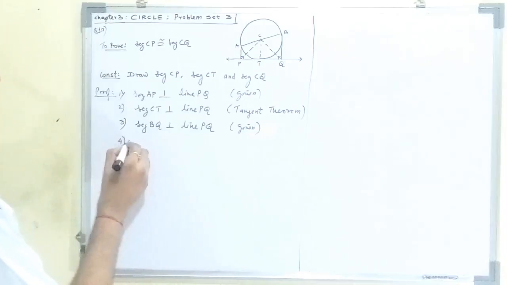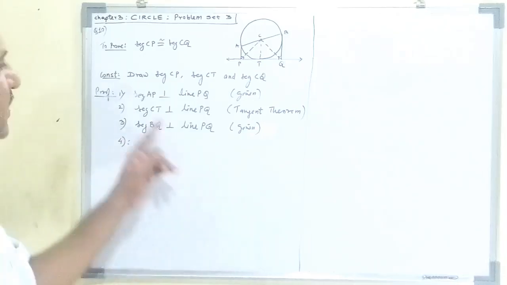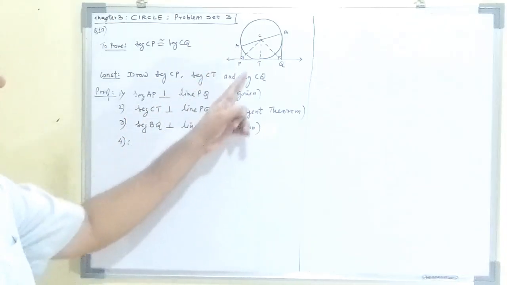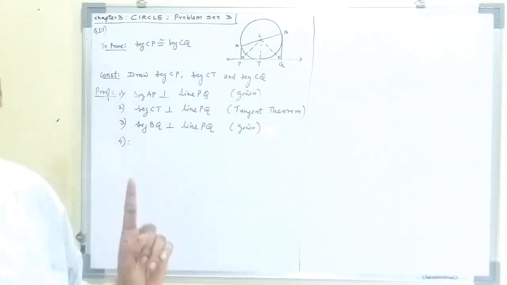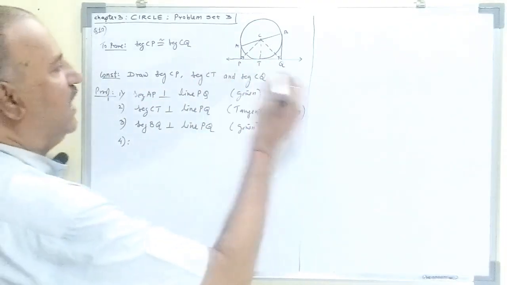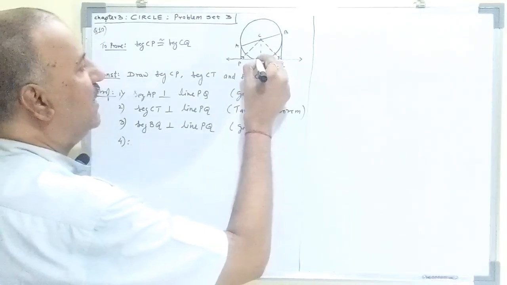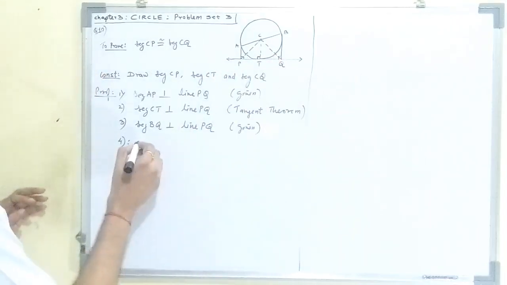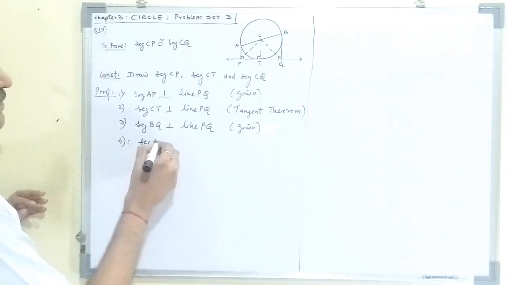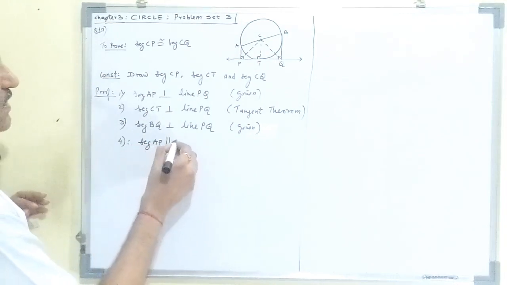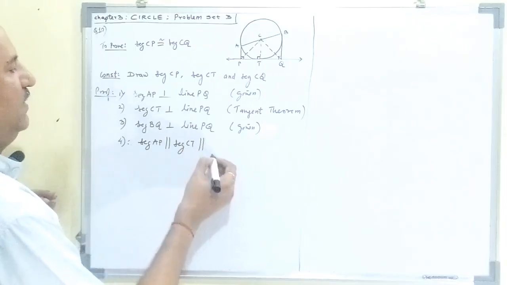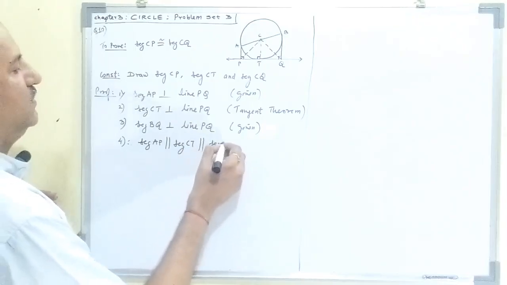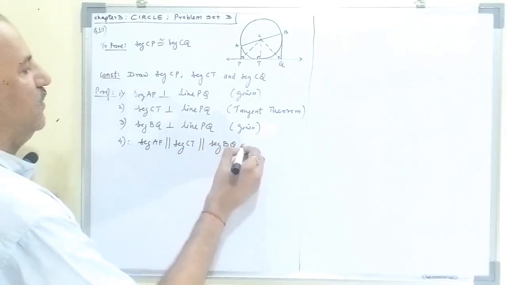Statement number 4, from this what we conclude, यहाँ से पता चलता है since seg AP, seg CT and seg BQ are perpendicular to line PQ, they have to be parallel to each other. Therefore, seg AP parallel seg CT parallel seg BQ